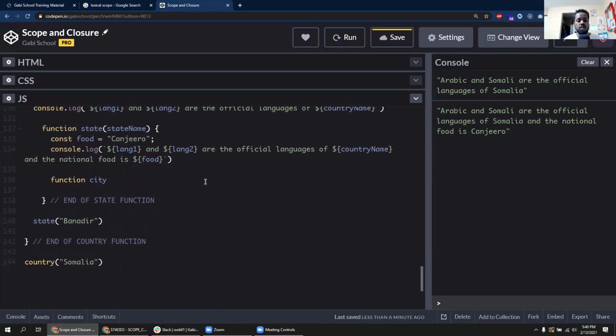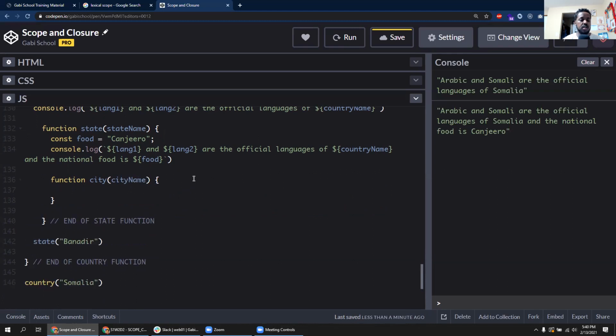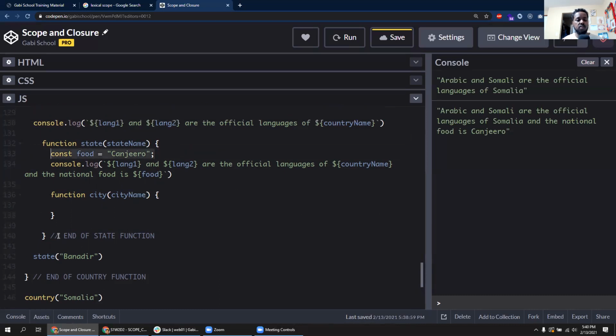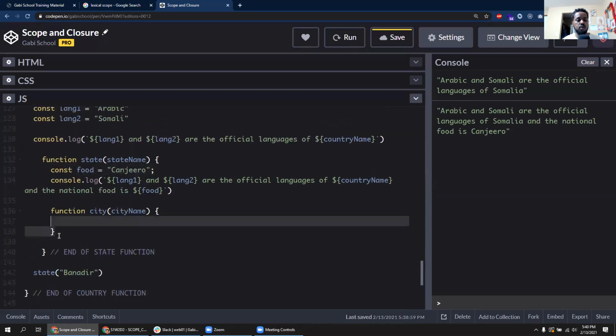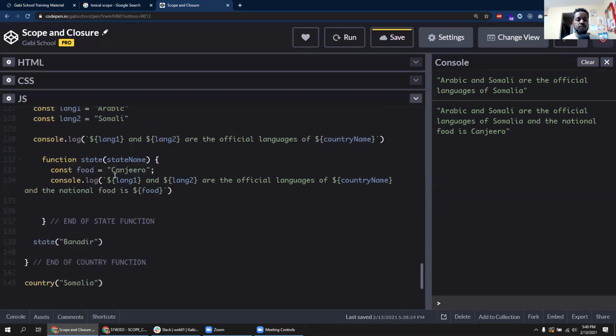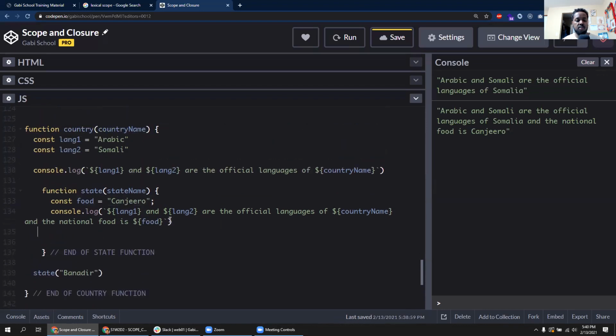Track that. So now we create another function called city, and we're going to give it a city name here. And we're going to open this function. Now we're going to give this one a message too, but actually this one can access the food now, right? So let's actually test it out. Before we go into the city one, let's test it out and see if the food can be accessed from here. So if we actually just copy this and put it right here,